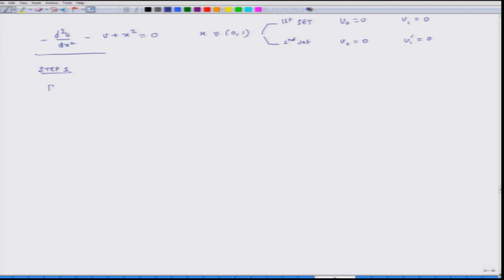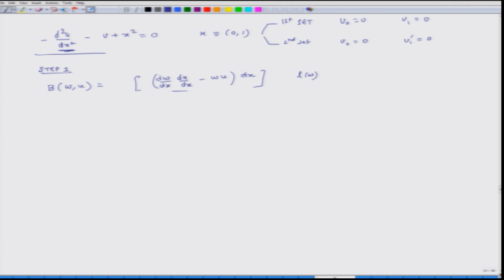So, what is that functional? And this is equal to, so this is B of W. How do we get this? Basically, we are multiplying the error with a weight function W and integrating this thing by parts. So, we get this thing, right, and then this u corresponds to W times u. So, this is the bilinear functional associated with this differential equation,